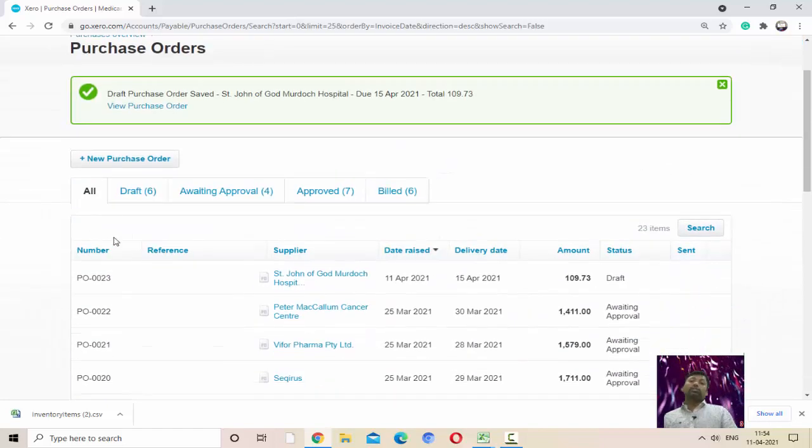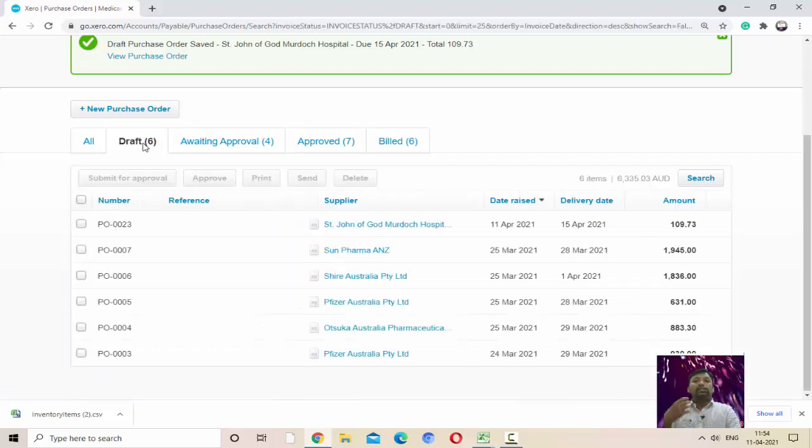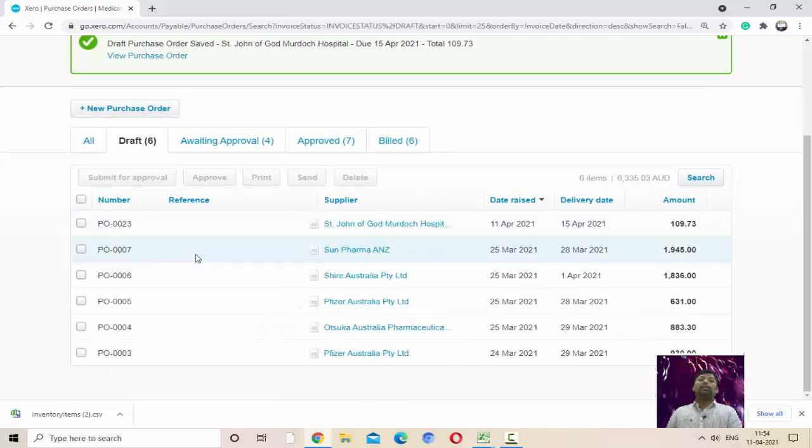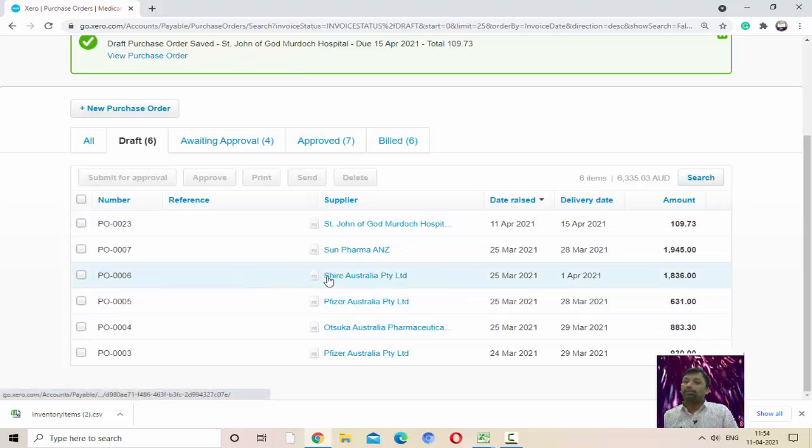And if you want to see only the drafts, which are purchase orders created by us but not sent to the higher authority for approval, click here on Draft. Then you will see only those purchase orders which are in draft but not sent for approval. See, all these are orders which are draft but not sent for approval.